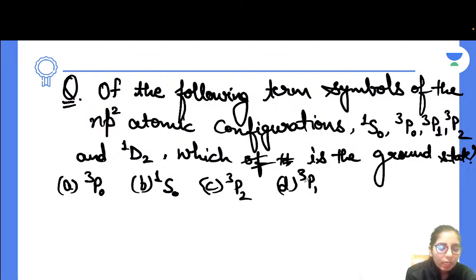So how you are getting it: firstly you consider the first rule for 2S plus 1, then L, then J, and that's how you reach the final conclusion, which gives you 3p0 as your final answer, which is option A. Once you get to know the rules, it becomes easy for you to get the answer and to work on any such type of questions.